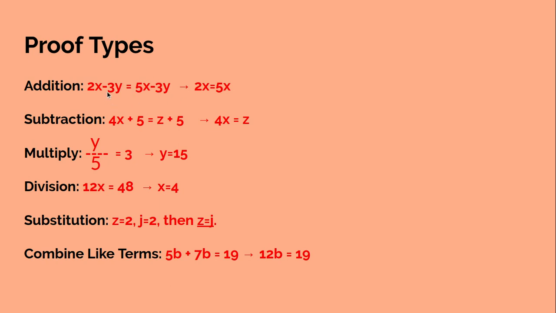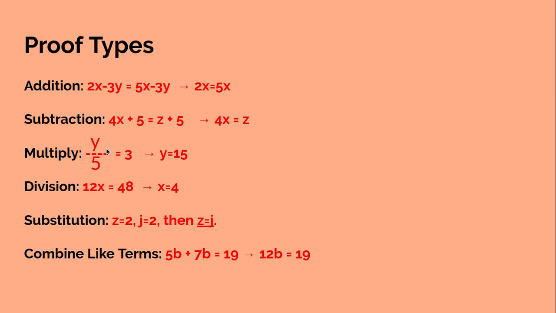But how do we know it's addition? Well, you do see subtraction, but how did those things go away? Well, you had to add 3y. So basically, you can tell what proof it is if you figure out how something went away when you get to the new thing. Subtraction is the opposite. You see pluses, but then the 5 goes away because you subtract 5 on both sides. And then